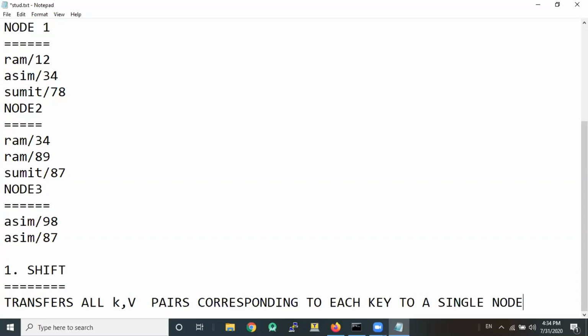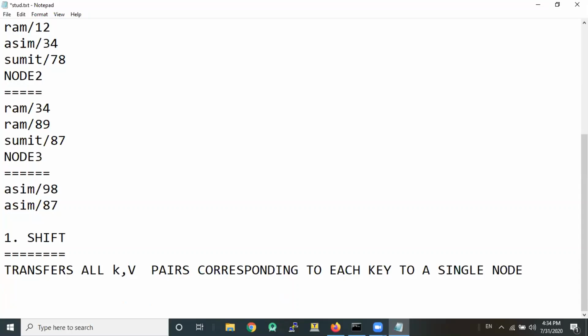The driver node of the Spark job or the Hadoop job, Hadoop can also do a reduce, first transfers all Ram rows to, let us say, it chooses one of the nodes as the repository of Ram rows. So let's say all Ram rows to, let's say, node 3. This decision of which node is taken by the driver.